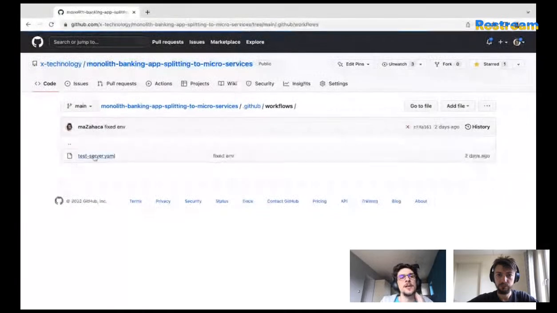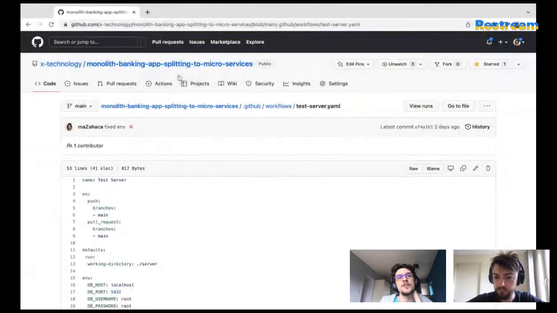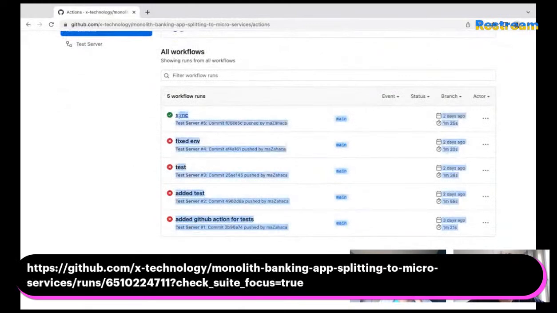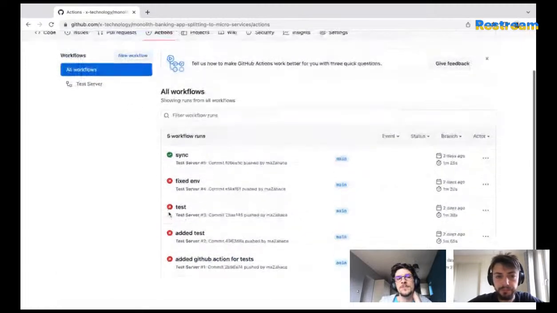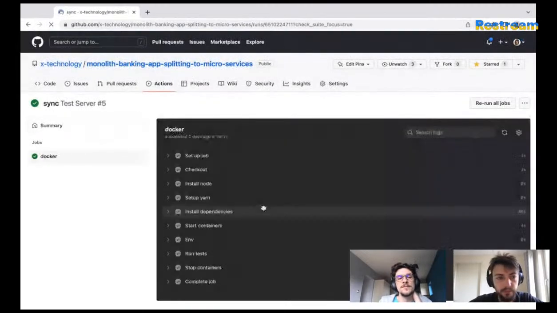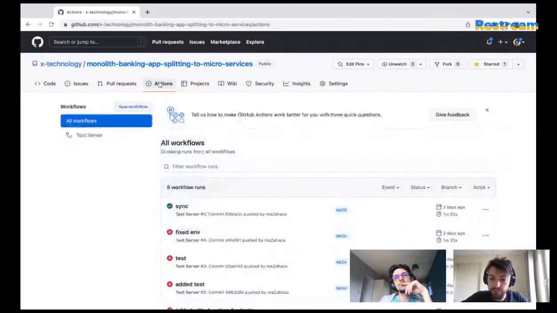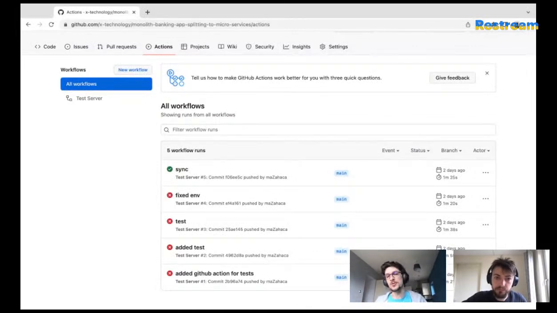As you can see, this file appeared here, and from the moment it appeared, we also started to see this actions part. If we click here, you can see all the executions we've had so far. The first of them was failing, and then it finally succeeded. You can see that every build took around 2 minutes. So if we calculate that, it's going to be 100 builds per month or something like that. And it depends on what you do inside your execution.